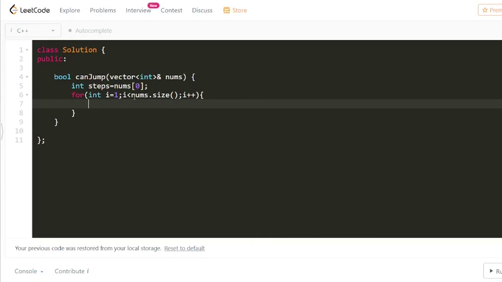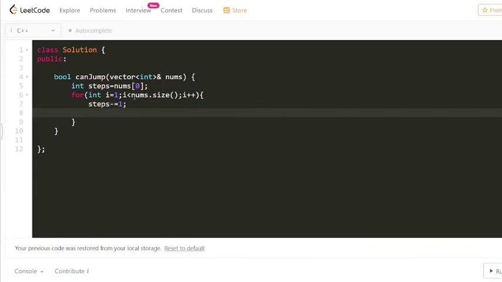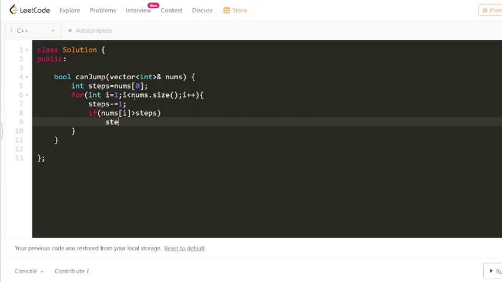Each time we move, we need to decrease this steps by 1. Then we need to see whether nums of i is greater than the steps. If it is greater, then we need to update our steps to nums of i.